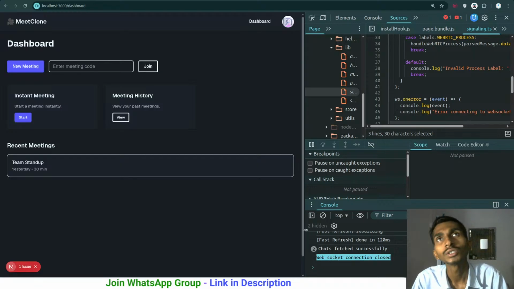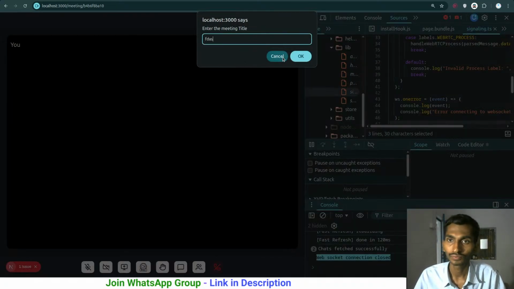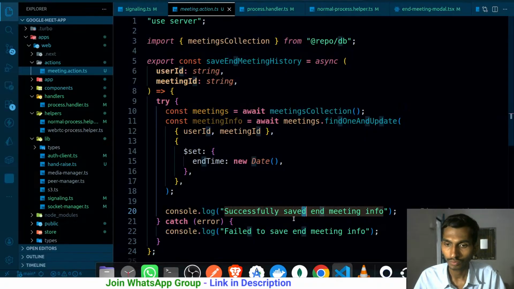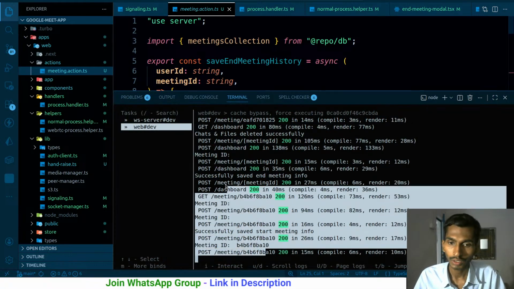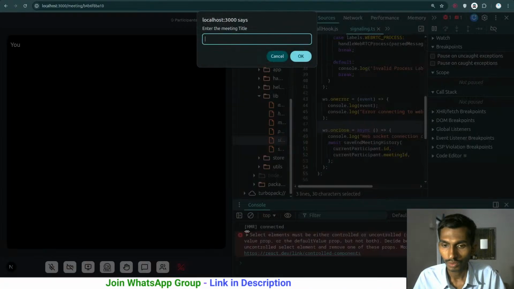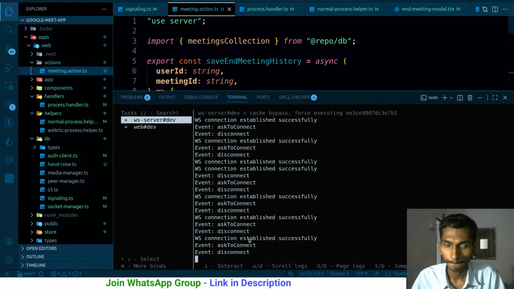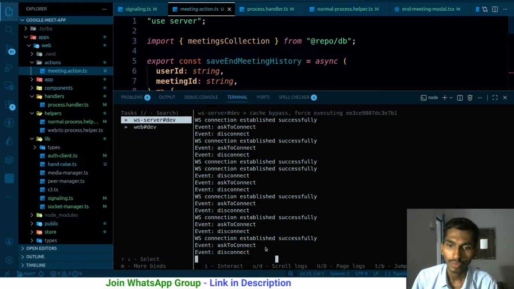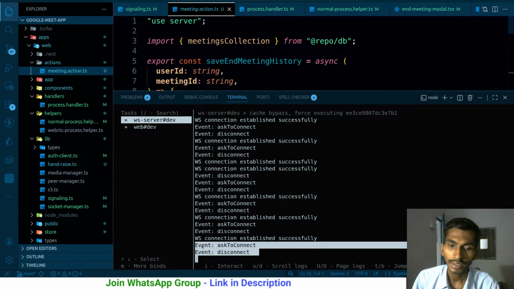Whenever I reload the page, at that time the socket connection definitely gets disconnected. So if I come back inside the meeting again, the WebSocket connection is established. If I reload the page, then the page is reloaded, and the disconnect event is definitely getting triggered. So this is definitely happening, but the question is,